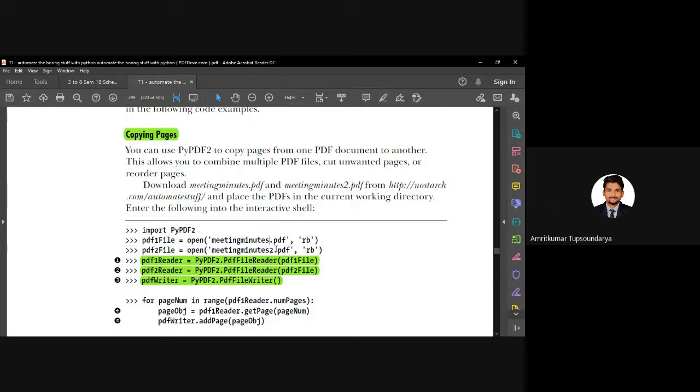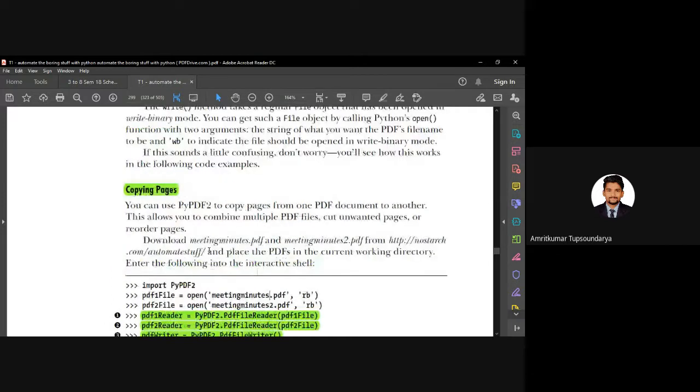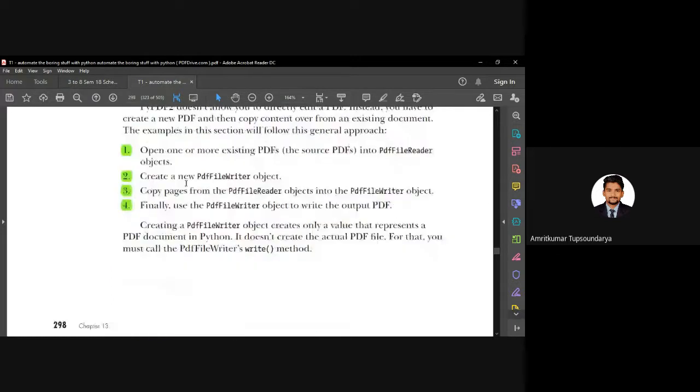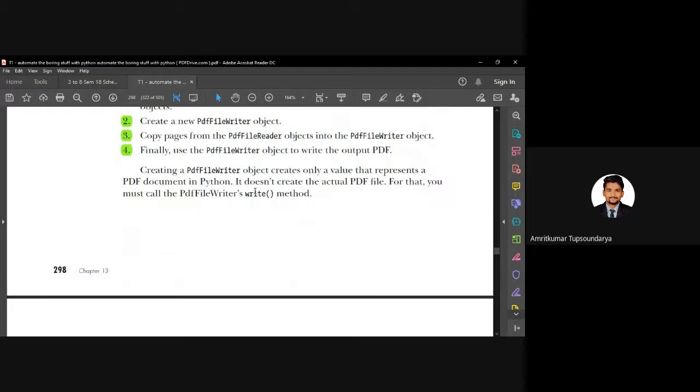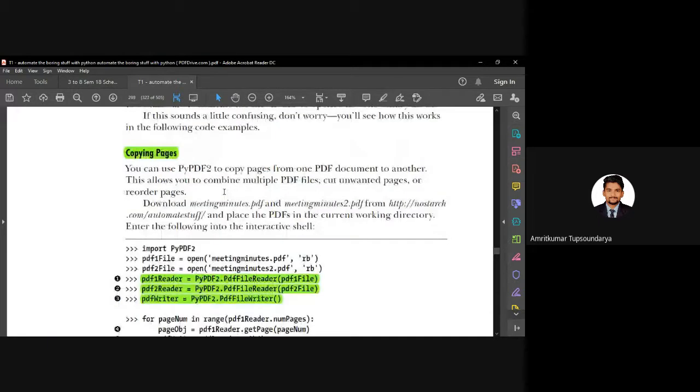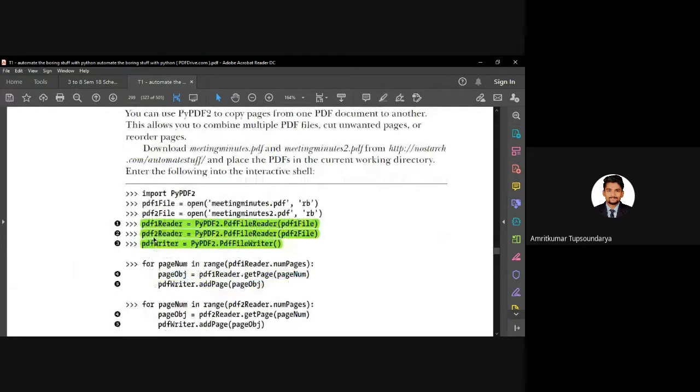Now we have access to both of the PDFs, right? We first created the file reader objects, and now we are going to create the file writer object. PDF1 reader here, PDF2 reader here. We have already read PDF1 and PDF2.